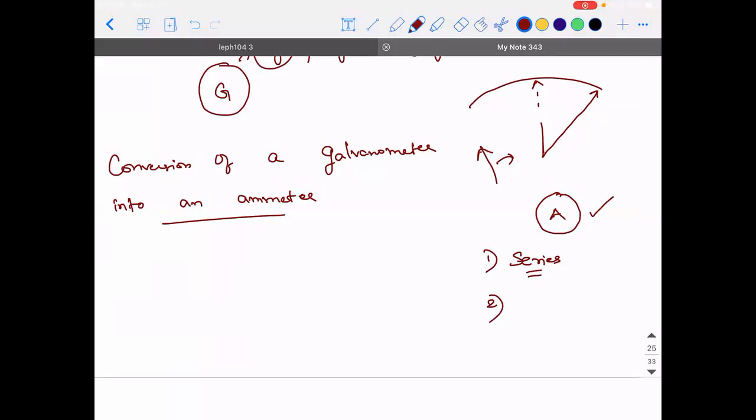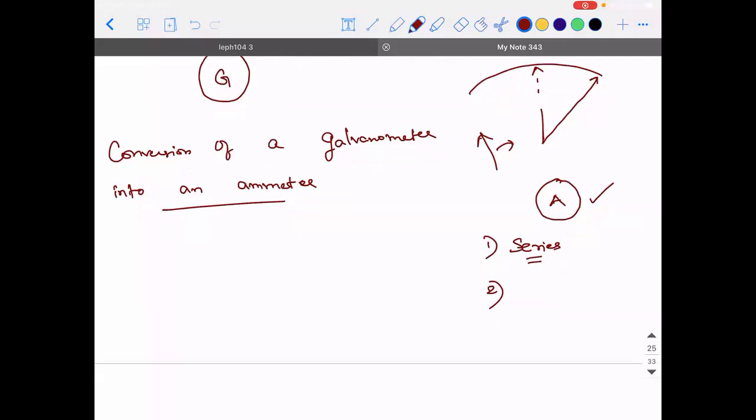Yes, it has. The next question is, if it has, is it going to have a higher value or a lesser value? No, it should have a lesser value. Why is it so? Negligible value, sir. Why is it so? So if it resists more current, it won't be able to give an accurate value of how much current is flowing.